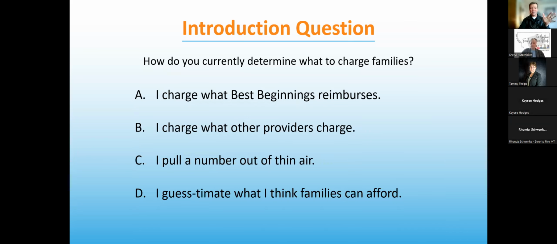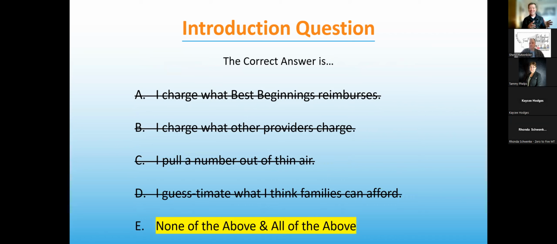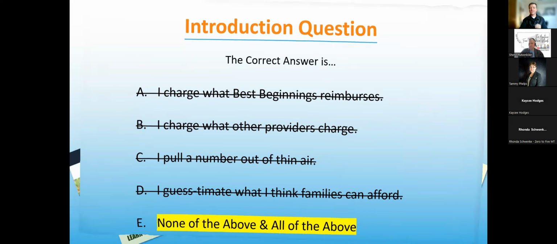And you know, Rhonda, I bring these questions up knowing that the correct answer is not of what I've offered, right? So I would argue, on one hand, none of these are correct, and yet all of them can be correct. The most important thing is that we're triangulating how we're coming to these conclusions.